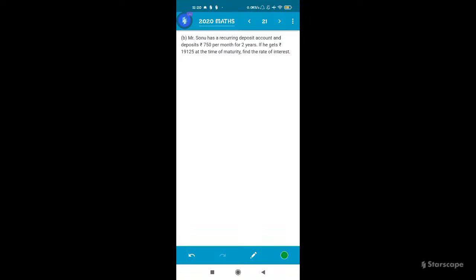So first of all, let us write whatever has been provided. Our principal is rupees 750. Our time is 2 years, that means 24 months. Always remember that since we are talking about recurring deposits, it will be considered in the form of months, not in the form of years. So don't make the mistake of taking the value as 2. You have to convert it into months first. The rate of interest is not given to us. Our maturity amount is given to us. It is